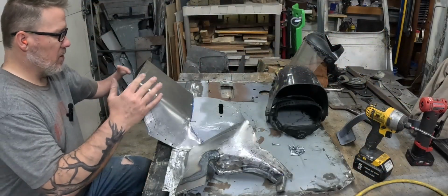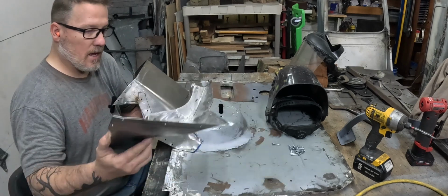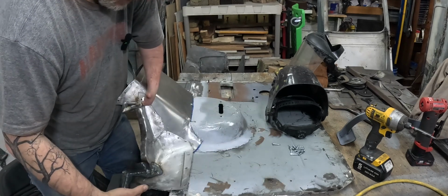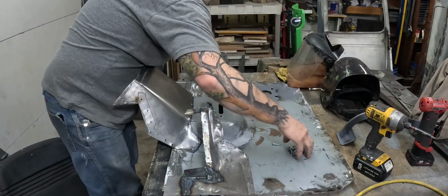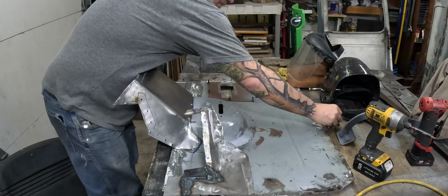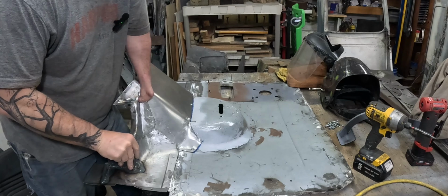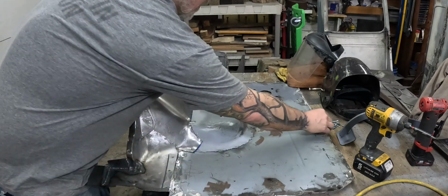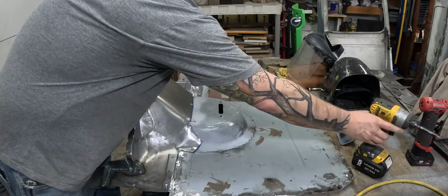Well, I cleaned up a little bit to give us some more room, but you can see, and I have not screwed this back, but that piece would be there. Here's our firewall outside of the truck. And in fact, let me go ahead and run a...